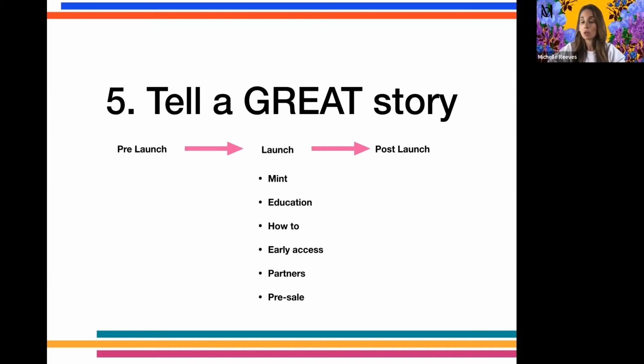What are some how-tos? What should they know to make sure that they are set up for success during the launch of your NFT? Are there going to be opportunities for early access and pre-sale? And who are the partners? Who are you aligning with as you launch who will also spread this message? Are they other NFT projects? Are they influencers? Is it media? Are they experts in your field? Making sure that you have partners to spread this message, support, and validate the launch as it's happening is a crucial part of your epic story in this phase.